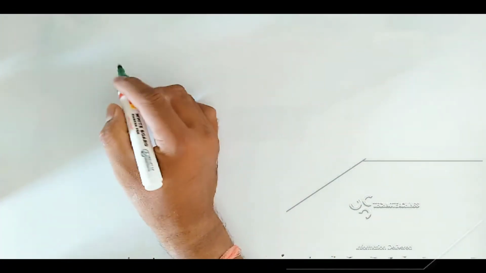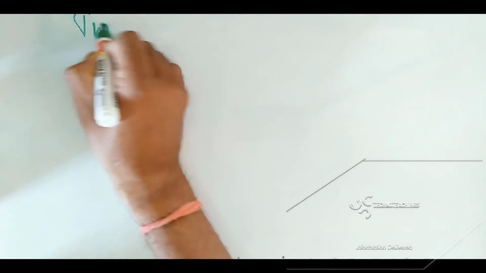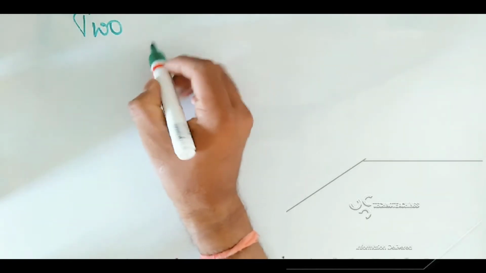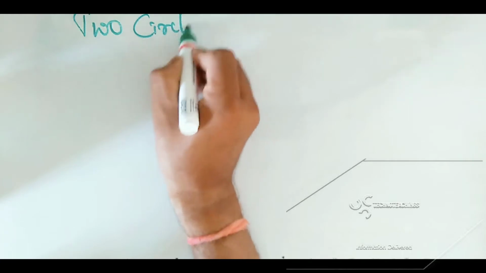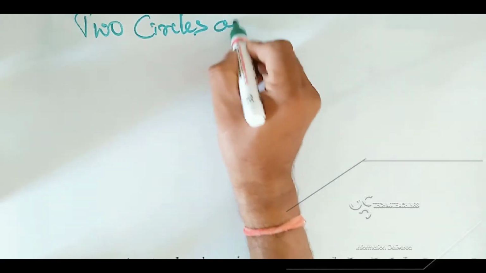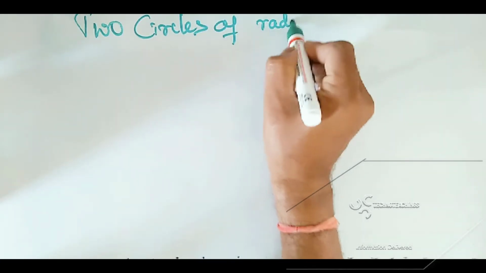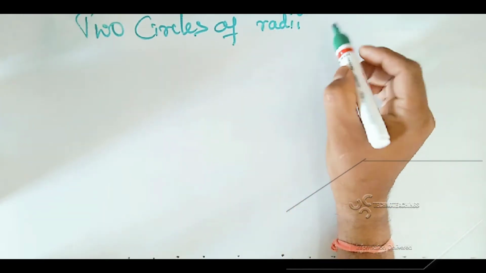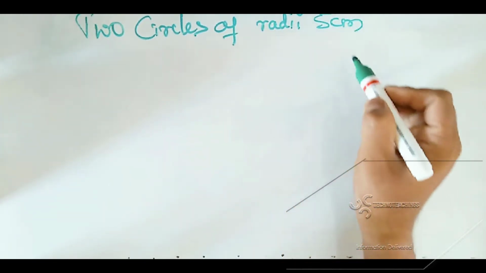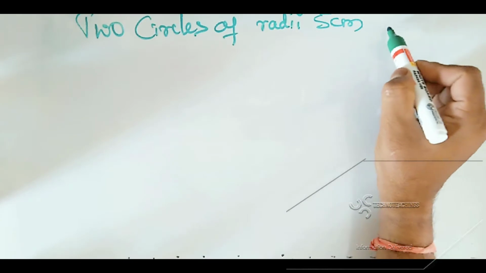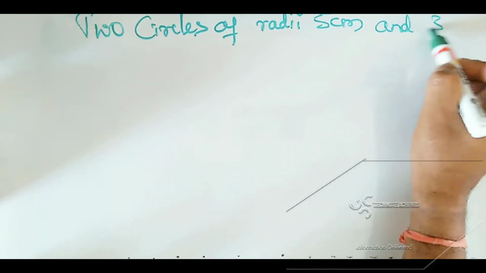Let us have an example. Two circles of radii 5 centimeter and 3 centimeter,